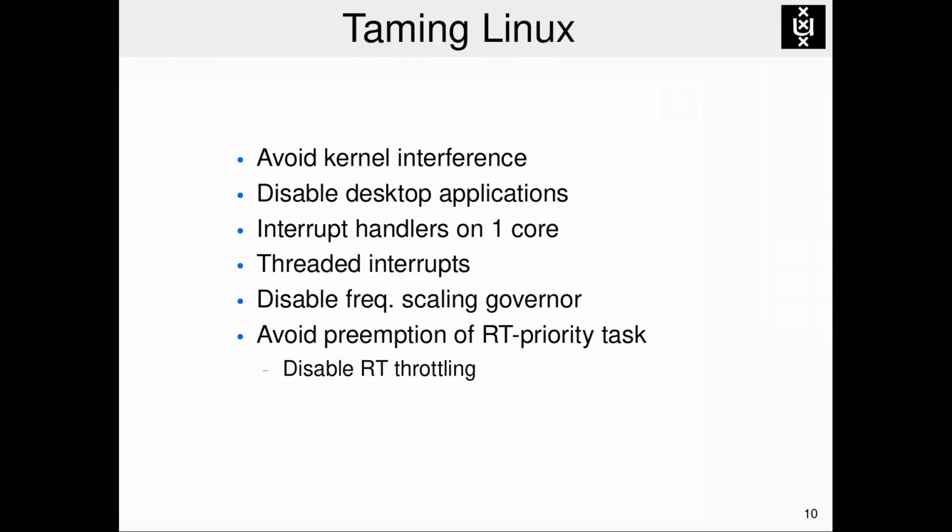So we first disabled all unnecessary services, then we configured as many interrupt handlers as possible to use a separate reserved core that will not execute our real-time tasks. And we disabled RT-throttling to prevent the kernel from periodically preempting our threads. You can find a full list of configuration levers to pull in our paper targeting general Linux-based systems and our